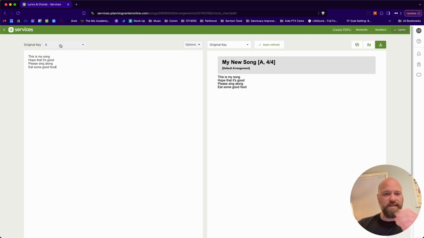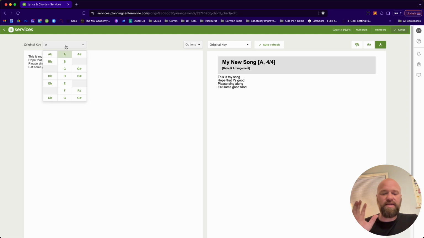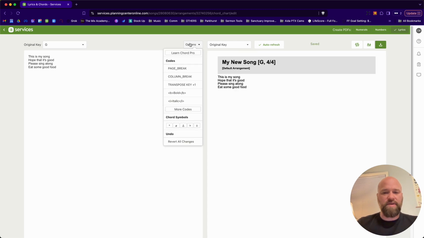So this is to set what chords and what key you're going to be typing in. This is helpful if you know this is not your destination. Like maybe I want to sing in the key of C someday, but I found some chords online, or I'm writing the song in shapes I know on the guitar, maybe that's in G. So I'm going to write it in G, even though I know someday I want to sing it in C. That's really cool because you can set up, I want to write in G, and you can either